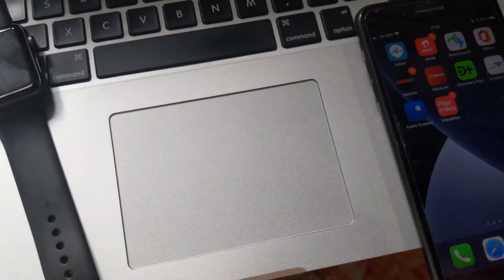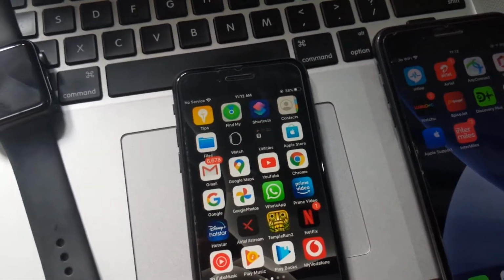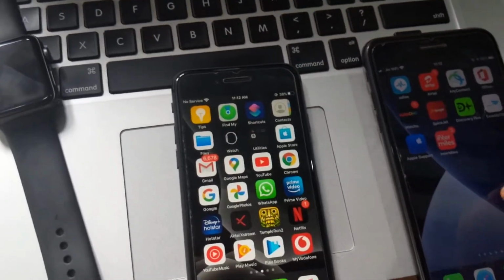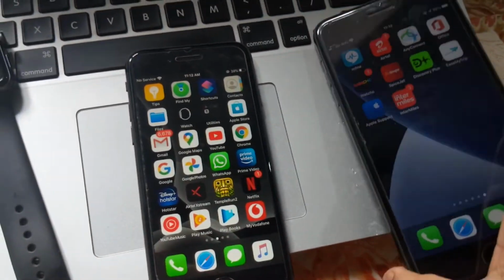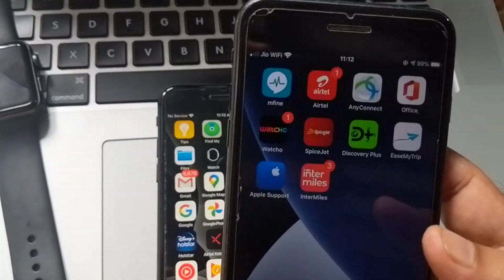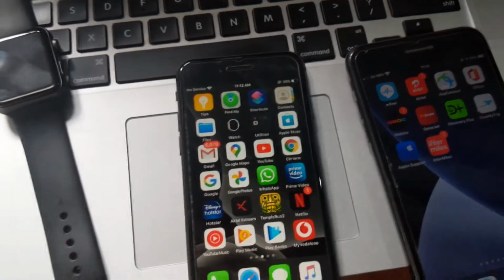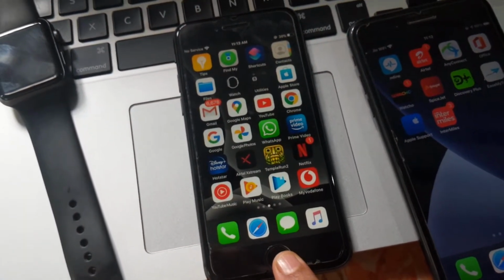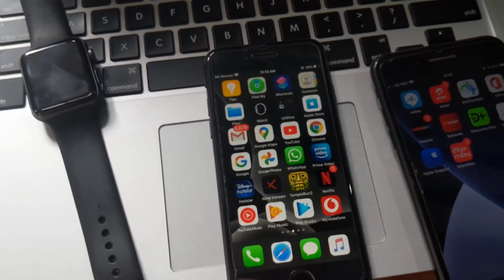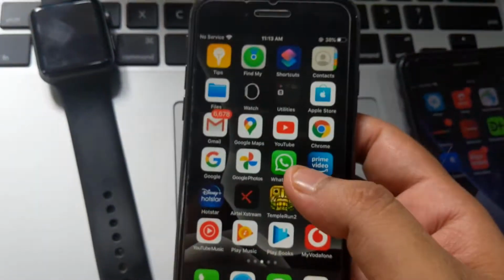If you're not a very heavy user of applications and games, etc., you can still go with iPhone 7 Plus if it's available. Otherwise, yeah, there are multiple options available. This iPhone 8 generally runs at least one day. I'm not a very heavy user, at least on this phone.